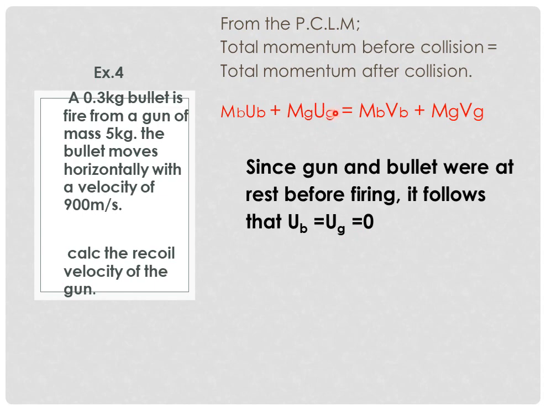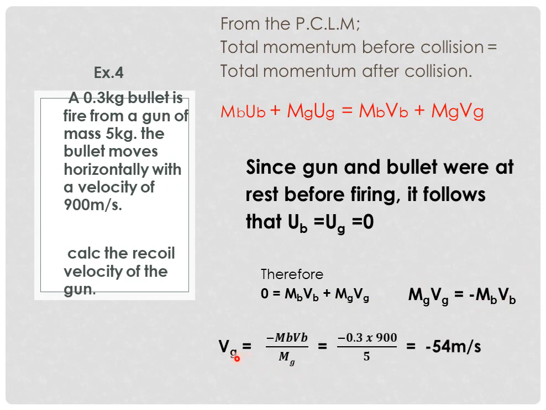If this is true, then we are saying that before collision, the total momentum was zero. Therefore the left-hand side is zero. We are left with the momentum of the bullet and the momentum of the gun. Now, what we have now is mathematics. We send one to the other side, it becomes minus. And when we solve for V, the velocity of the gun, by dividing through by the mass of the gun,